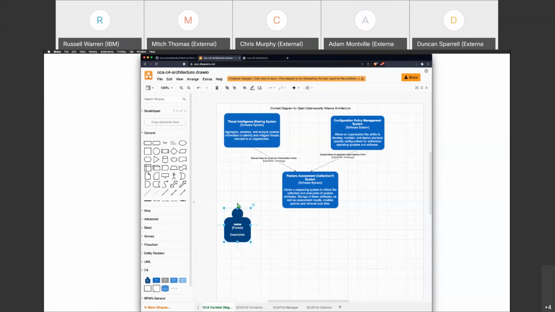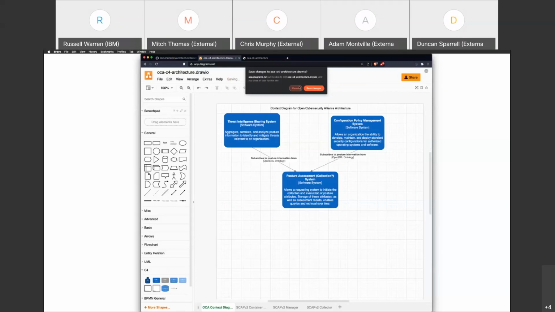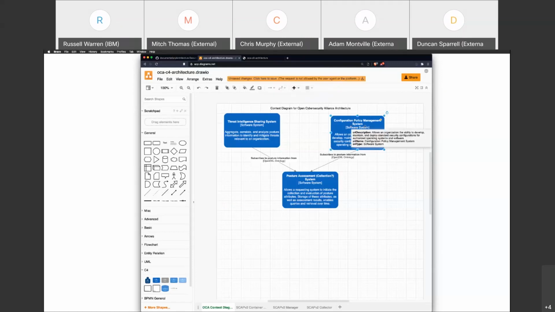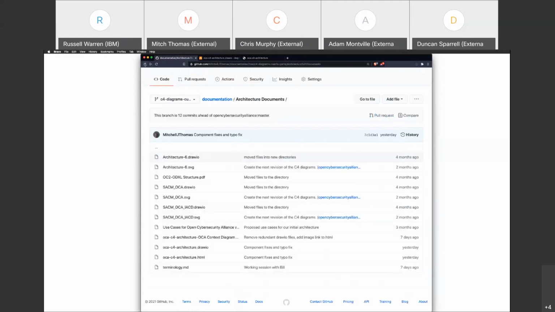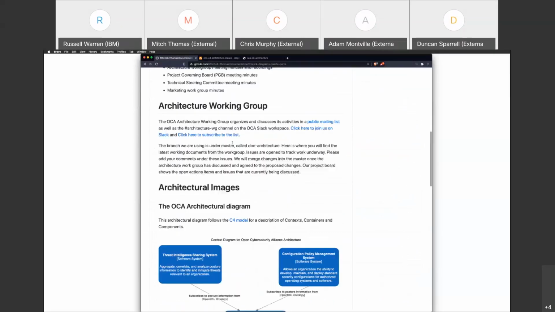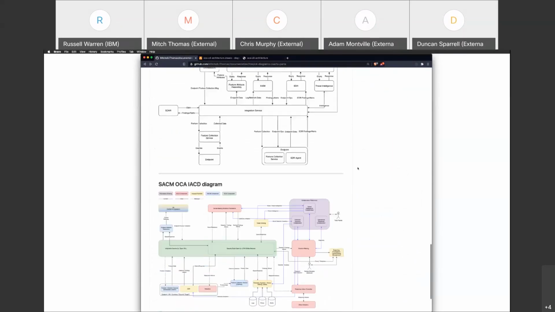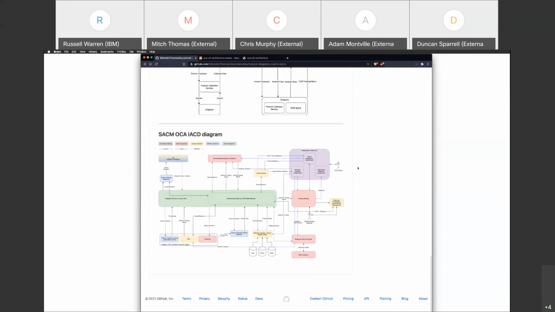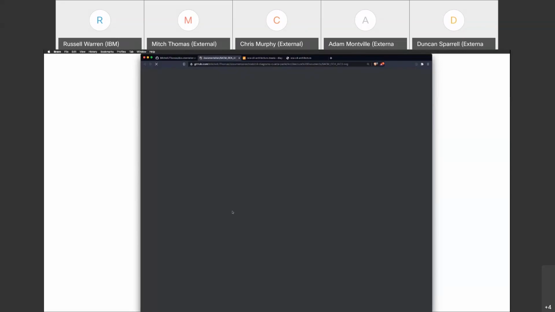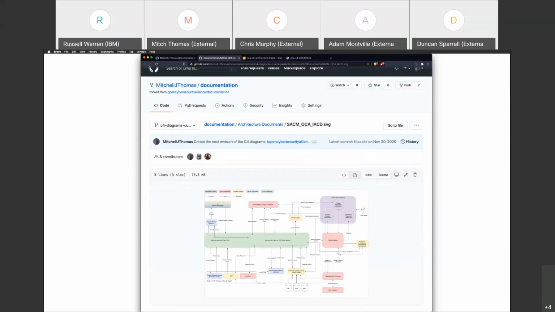I have one question for you, Mitch, because I'm trying to do top down. I was looking at the diagrams, and I noticed you put a configuration policy management system in there, nice box. What diagram did you find that in? I've looked at two different diagrams that I've been using as reference points, this one and the one after. Yeah, we made that up. We've been focused on this bottom picture here. There was no configuration in there, and that's what's driving me crazy.